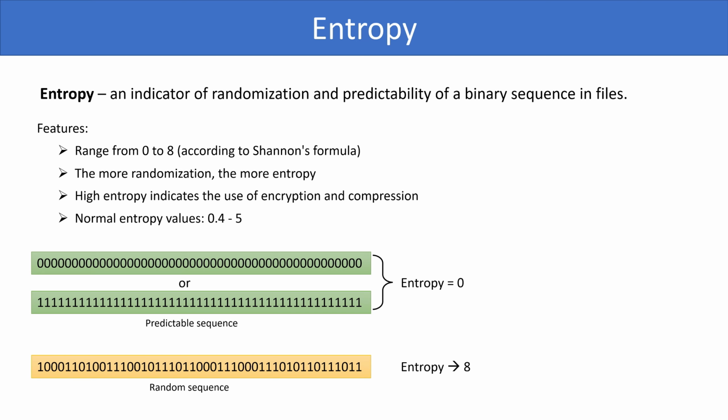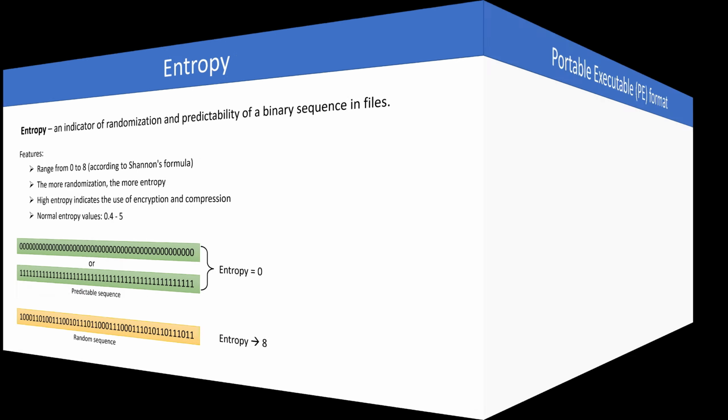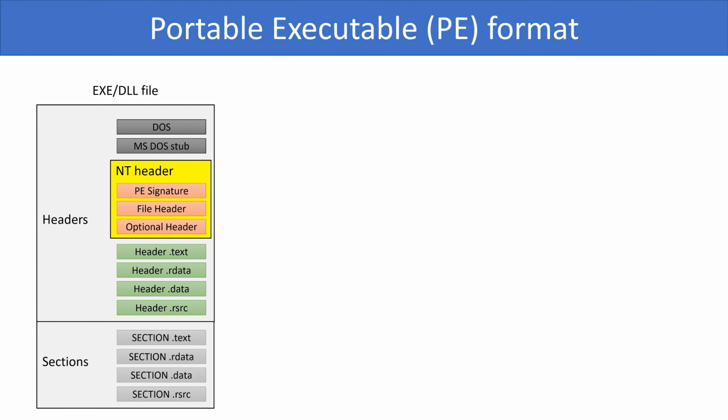So, upon detecting certain anomalies, don't rush to a final verdict, analyze the other parameters, which we'll discuss later. Now let's move on to one of the important topics. Since we're analyzing executable files, it's crucial to understand their structure. All Windows executables, whether with extensions like EXE, DLL, sys, and others, share almost the same format called portable executable. The file itself consists of headers and sections. We won't delve into all the details of this format, we'll focus on aspects that are of interest to us